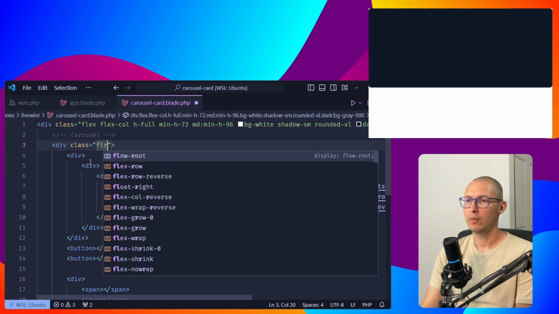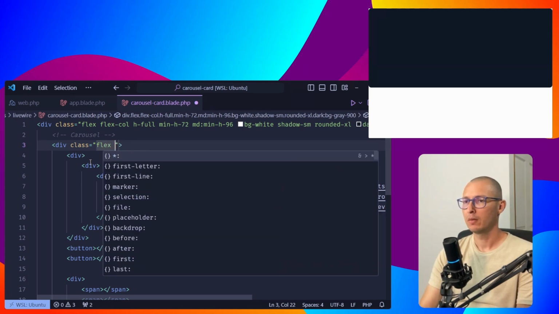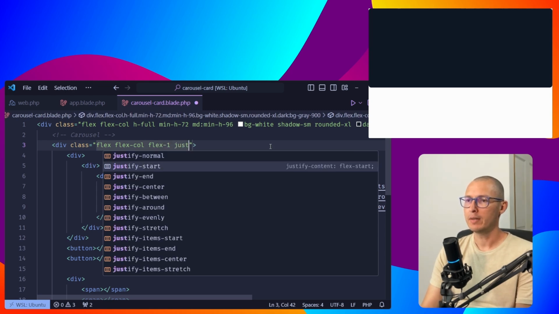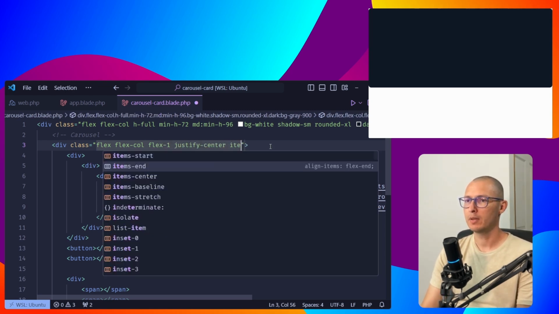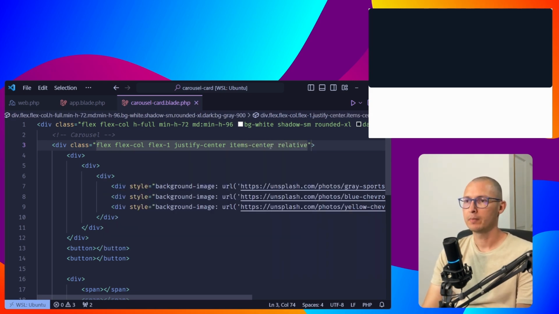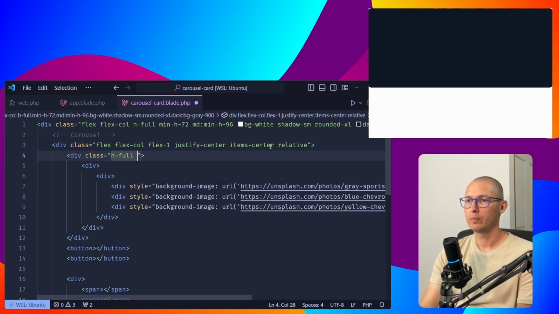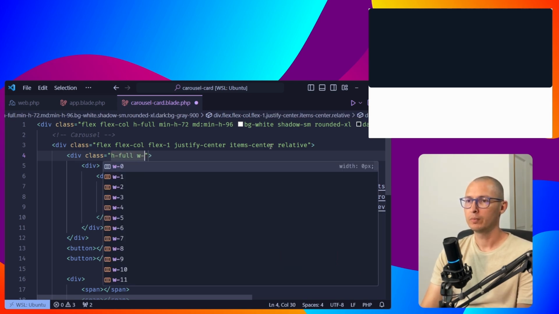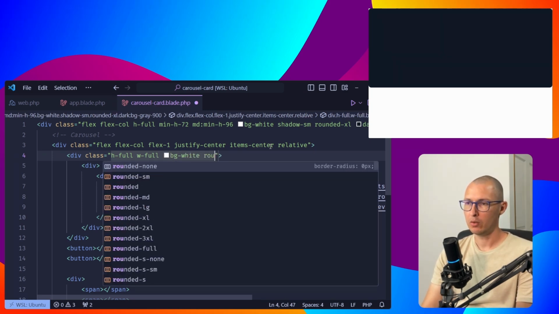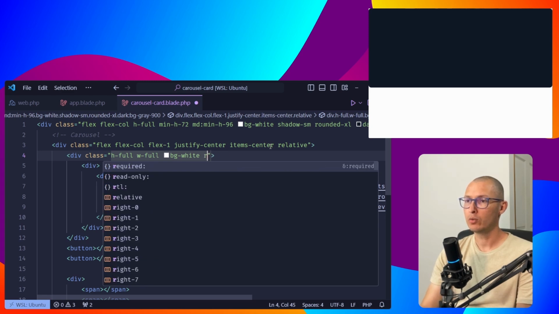Let's use flex col, and flex-1, justify-center, items-center, and then relative, and save that. No visible changes. And then let's work on the next div. This will have h-full, w-full, bg-white for white background. Let's also round this, but we are going to round it only on the top corners. So let's do rounded-t-xl,